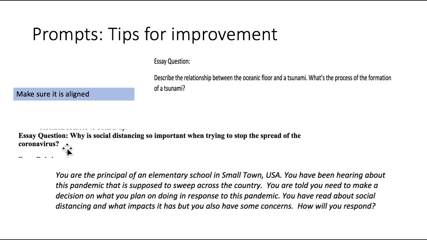I'm not giving the extensiveness, the time, the points, and all that other stuff. This one I liked in that it had this idea of giving the writer some context. However, the prompt is a little vague. How will you respond? If there was a little bit more about, write a persuasive essay that you would send out to the parents of the community and so on, that would make this really great.